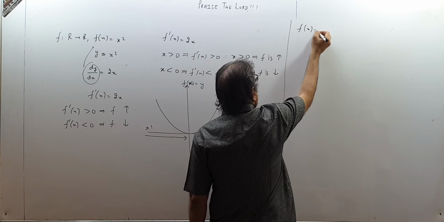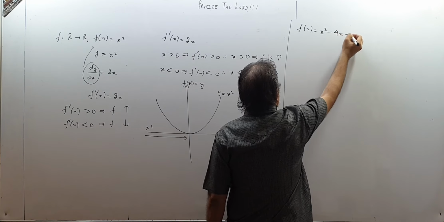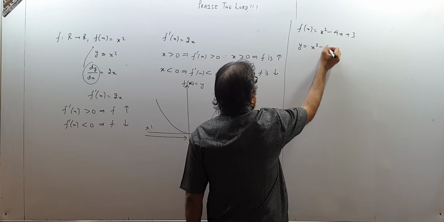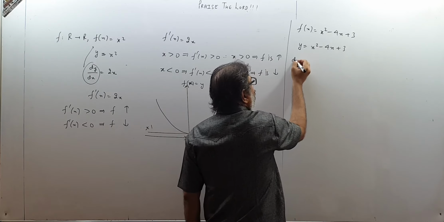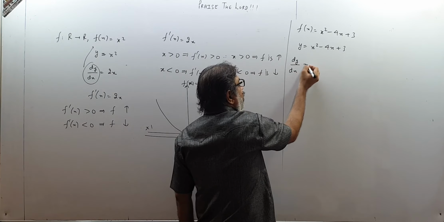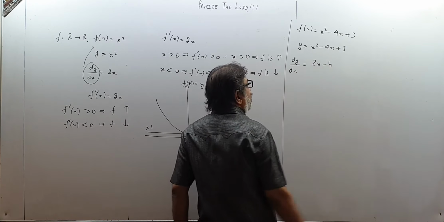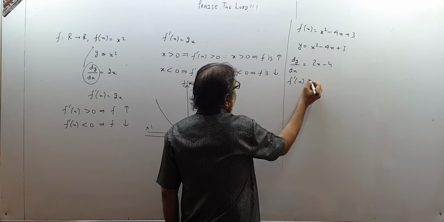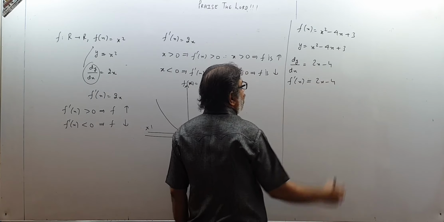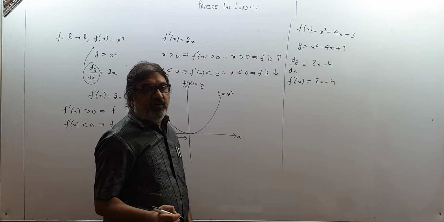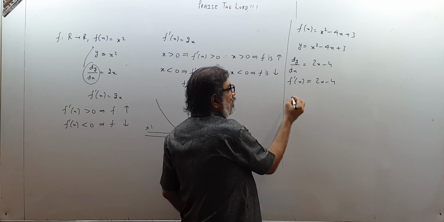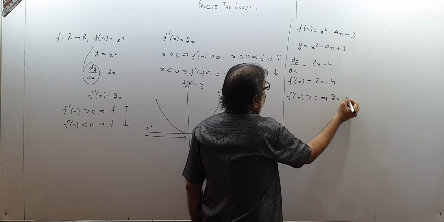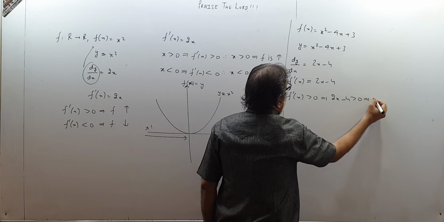Supposing I have got f(x) equal to x square minus 4x plus 3, right? So this is y for me, x square minus 4x plus 3. What will be dy by dx, children? Dy by dx will be 2x minus 4. This is f dash x. I told you for an increasing function, f dash x will be positive. So f dash x is greater than 0, means 2x minus 4 is greater than 0, means x will be